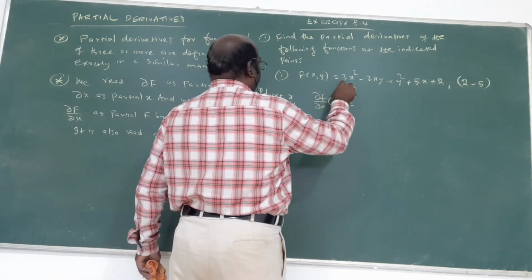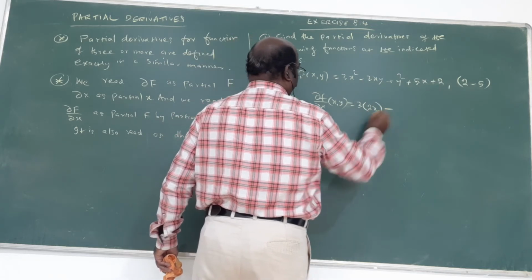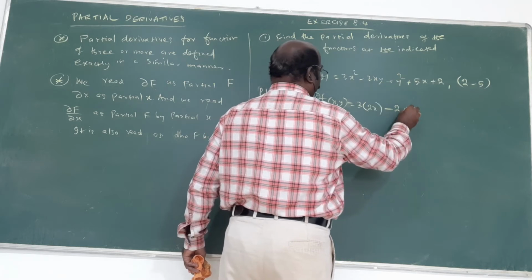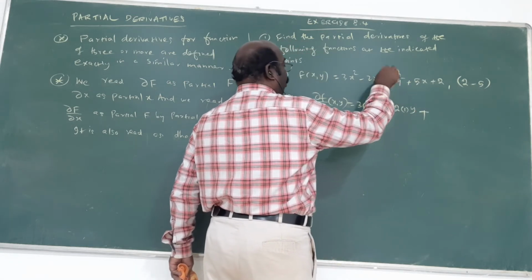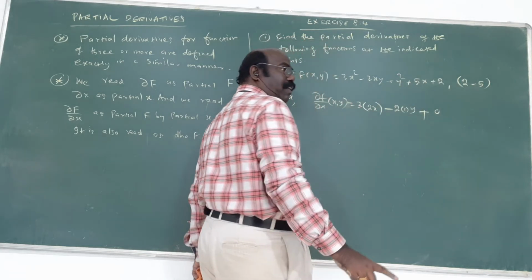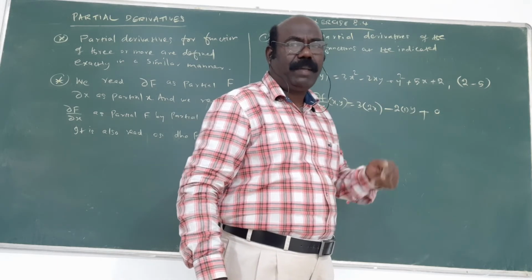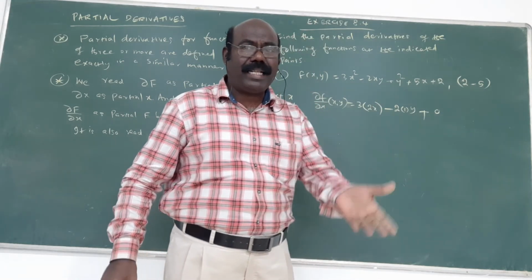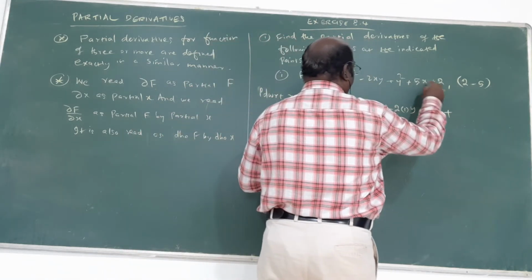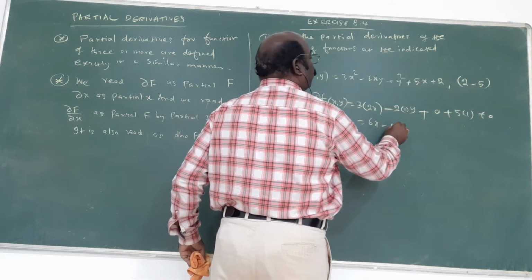The first term is 3x square. X square is the variable, 3 is constant, so x square becomes 2x. Minus 2, constant, y is also constant, the derivative of x is 1. Plus y square is purely constant, y square is separate, so that is 0. That's very important. It does not become 2y. Mind it. Partially with respect to x means x alone is the variable, the remaining is constant, and a constant by itself gives 0. Plus 5 into derivative of x is 1. 2 is constant, 0. Now simplify: 6x minus 2y plus 5.